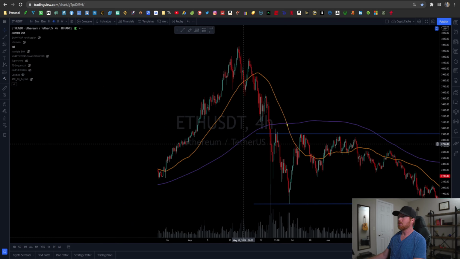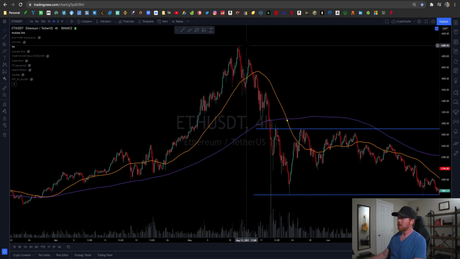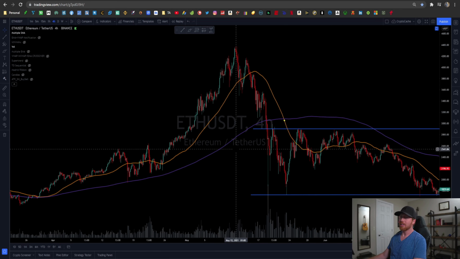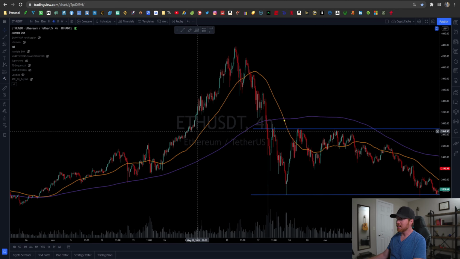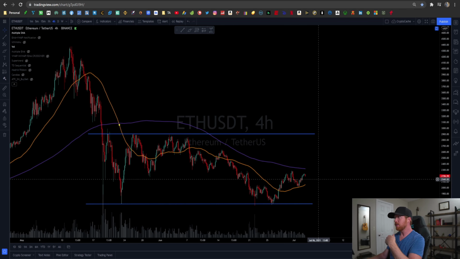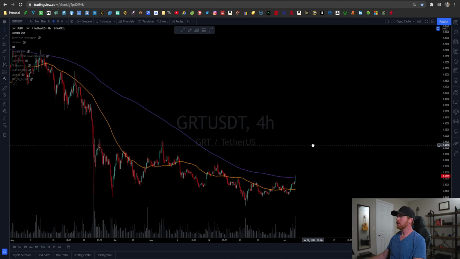Commonly, Ethereum will do something like this, where we see about a 90% increase in a short amount of time when Bitcoin's going sideways, right? Bitcoin went sideways this entire time right here, and Ethereum took off. So it could very well happen again. That's why I like to look at Ethereum as well. So let's look at the graph.